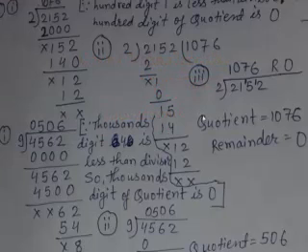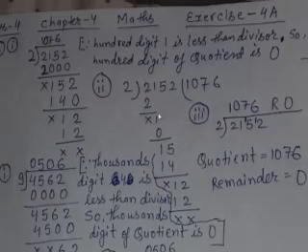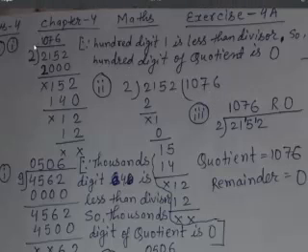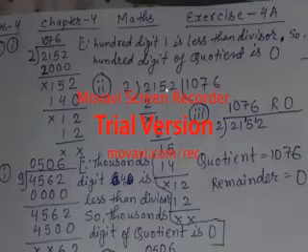If you see the second, the traditional long division method, you can see 2 1 are 2. Then 1 comes down, and again with 0 it will go, because it is smaller than the divisor, so I kept 0 and 1 comes down, and then 5. So 2 7 are 14, and when 14 is subtracted from 15 we get 1, and then 2 12, 2 6 are 12. So 1076 becomes the quotient. You can see in both cases the answer is the same. Whether we do it by the standard division method, long division method or short division method, in all, the answer should come the same.